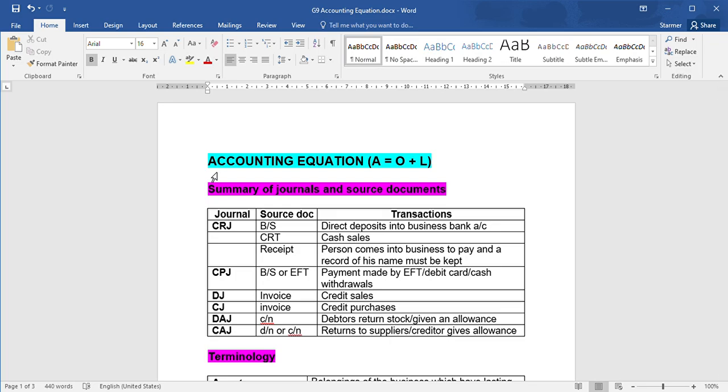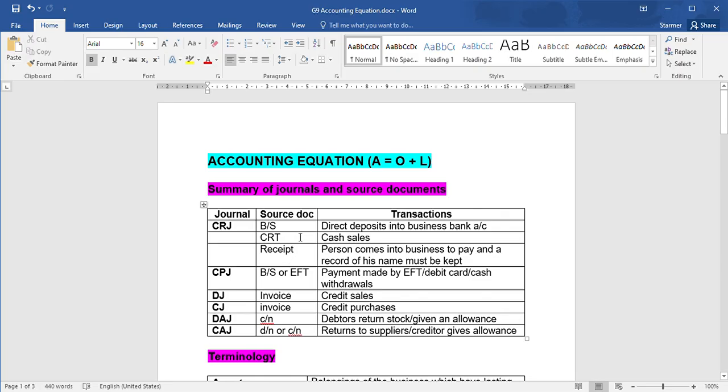Today I'm going to do a video on the accounting equation, or sometimes it's known as A = O + L. Before we get to the actual table, I just want to remind you of your journals and your source documents, because sometimes the table includes those. Okay, so starting with your cash receipts journal, remember that when we receive money, there are three possible source documents